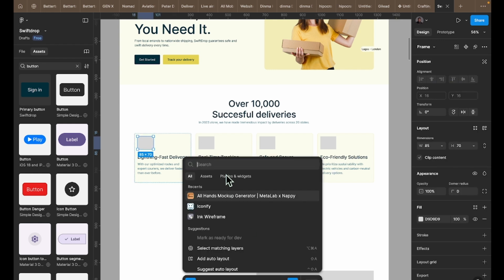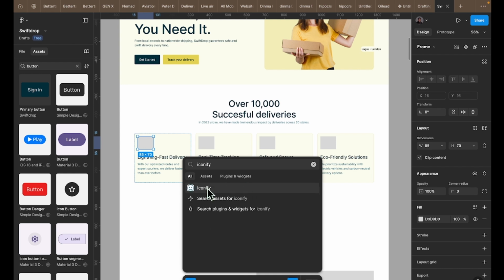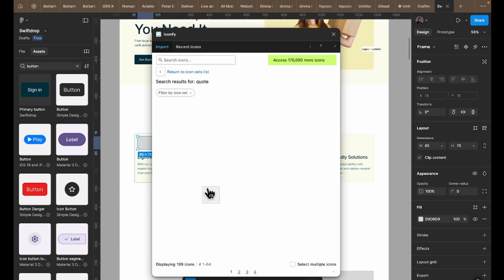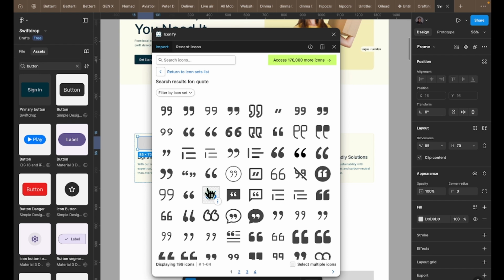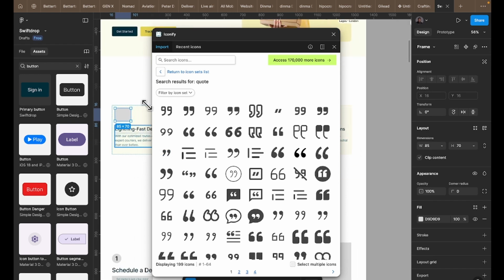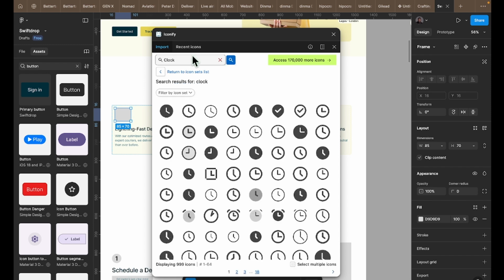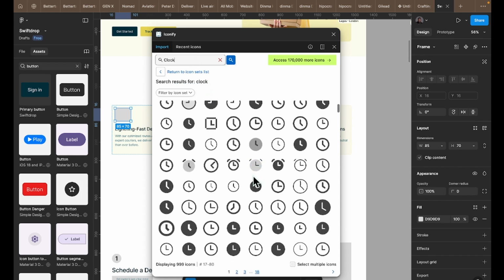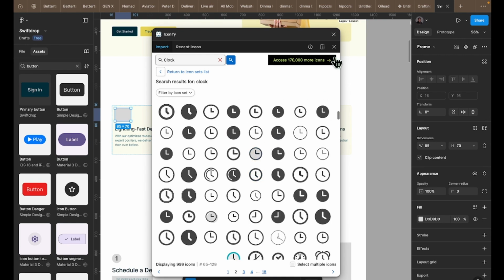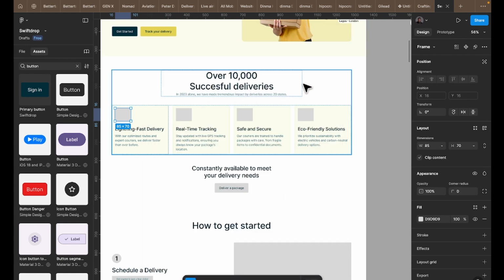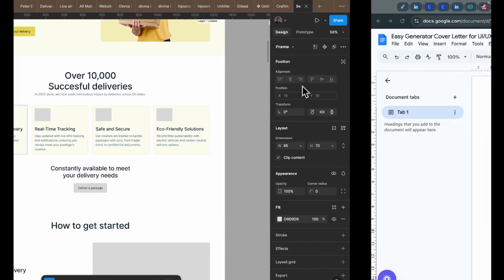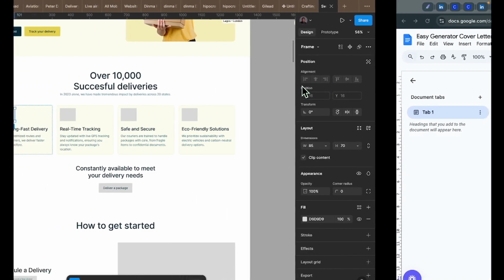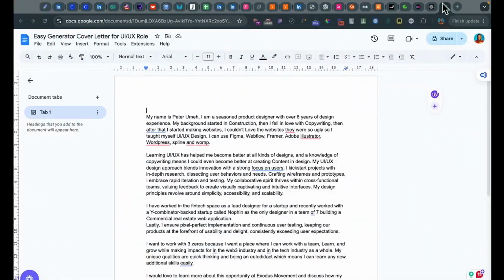So now is to fix this lightning fast delivery. You can then open our plugin and go to Iconify and search for lightning fast delivery. What's that? That's probably a clock. Yeah. The other website I use, you know what? I will just go to that website. I use a website called